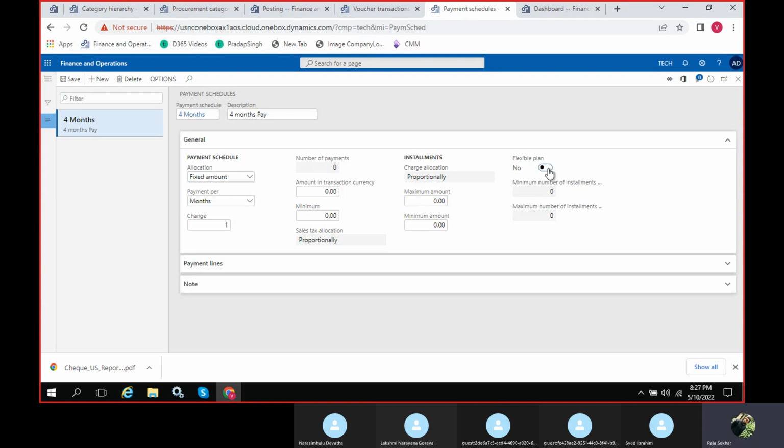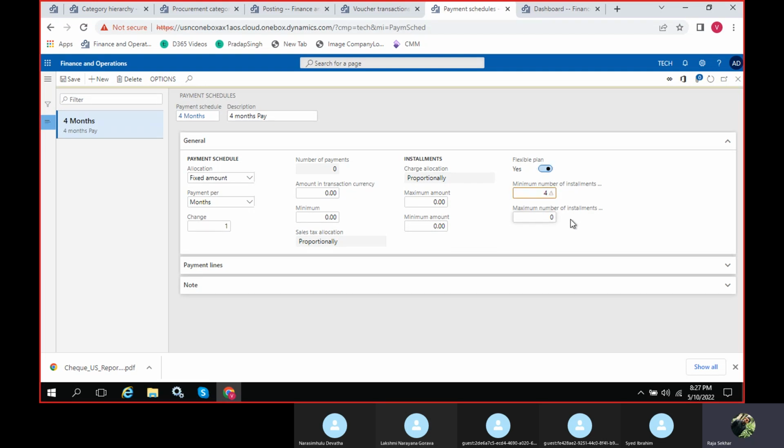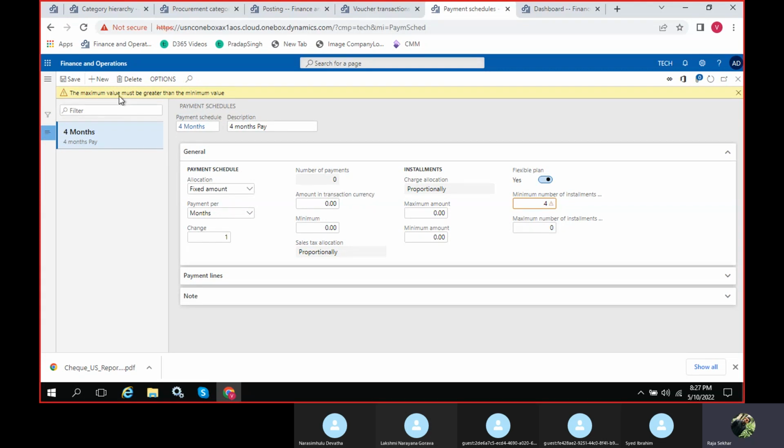Okay, flexi plan. If you take the flexi plan, you can again give how many installments, say 4 installments. The maximum value must be greater than the minimum value.